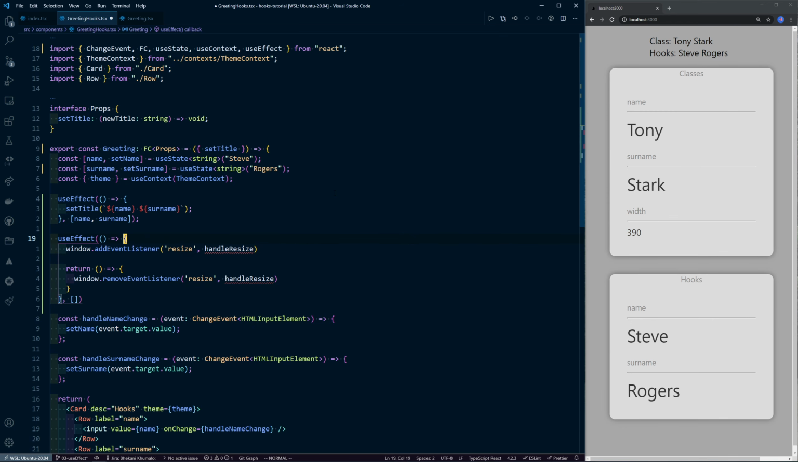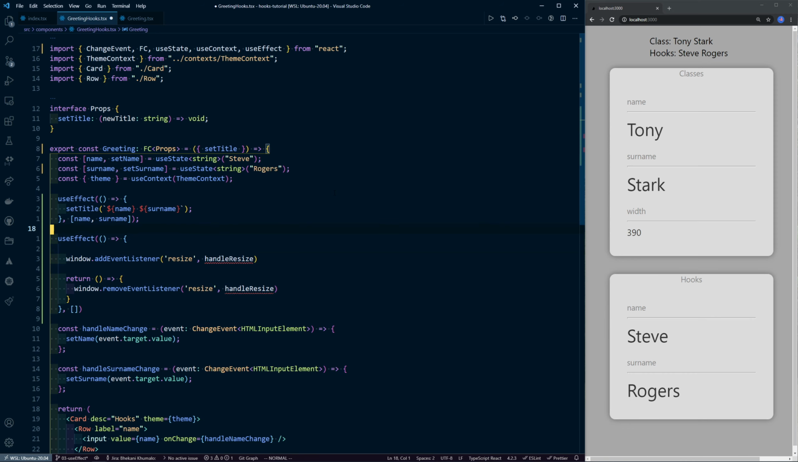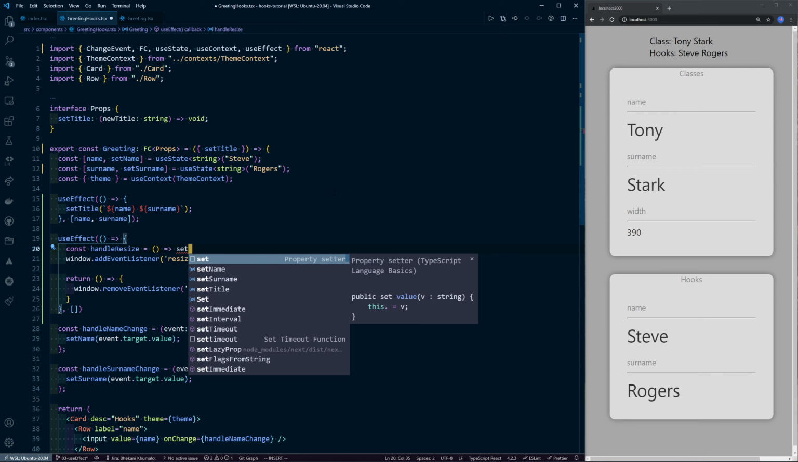Now we need to create this handle resize. And because everything that deals with this event lives inside of this useEffect, we don't need to put the handler outside of it. The handler can live within the same scope where it will be used. So I'll declare it in there, handle resize, which equals a function that just sets the width